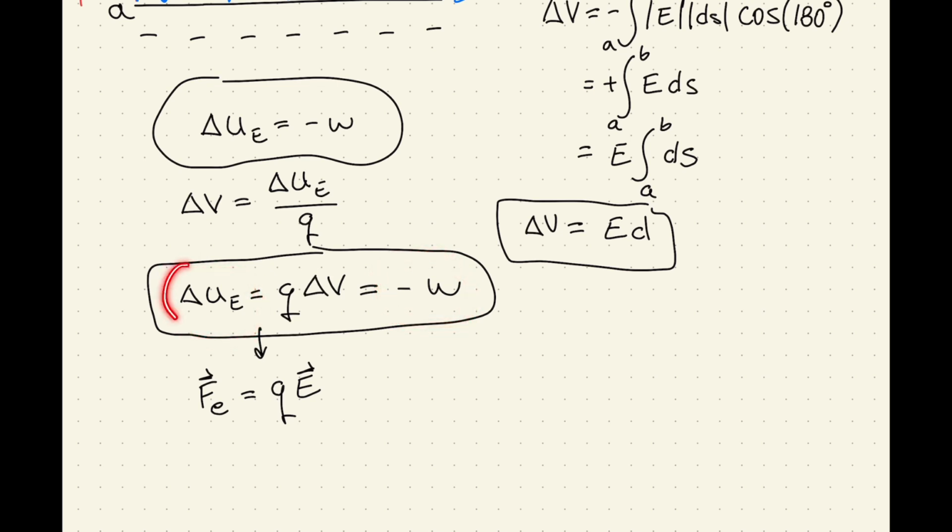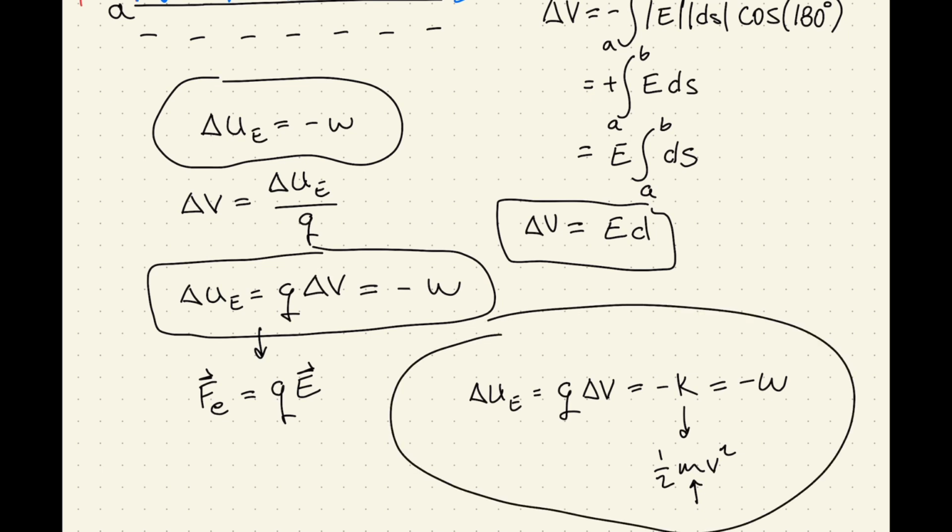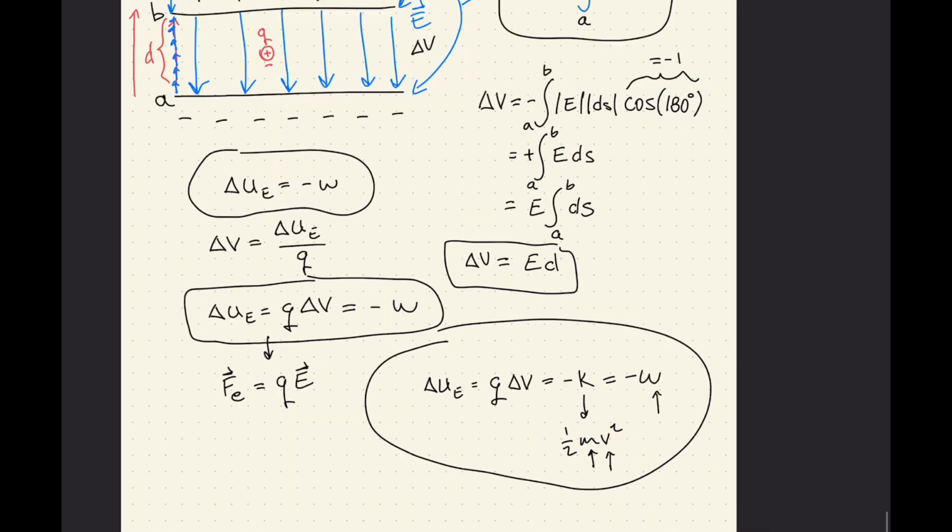And if I have the potential energy, so let's calculate this kind of problem here. If I have the potential energy due to a charge inside of a potential difference, I can calculate the kinetic energy, I can calculate the work, and from the kinetic energy, I can calculate the velocity if I have the mass of the particle. So this is an energy sort of solution to find velocity or work done on a particle. So I know I've kind of spat out a lot of stuff here, but